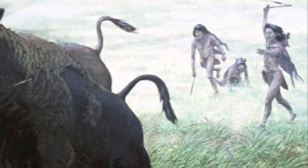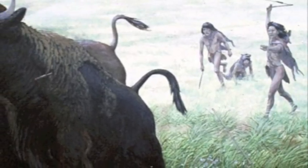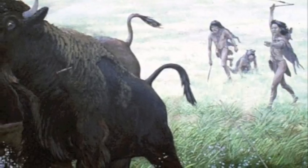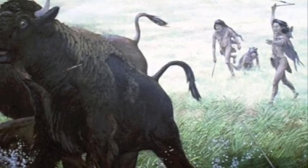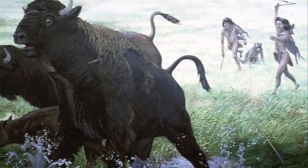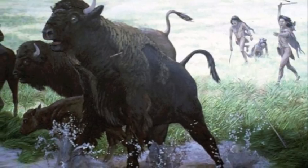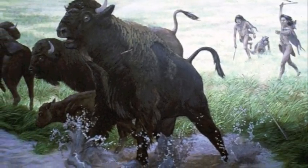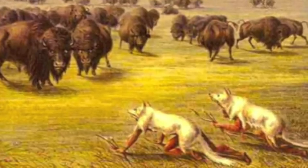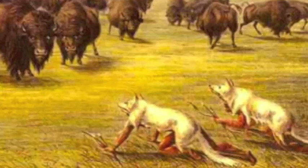These people appear to have traveled great distances on foot in search of their favorite prey animal, an extinct species of bison, which was about 25% larger than the modern-day bison. Evidence of this culture has been dated to approximately 10,000 years ago. They did not possess arrow technology. They hunted on foot and left behind a very distinctive type of spear point, giving us what little information we